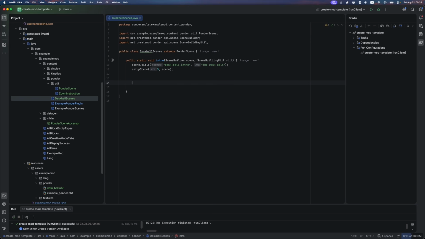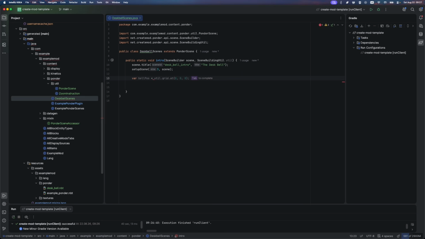So to actually show something inside of your schematic, you will need to create a selection. And the selection is just a selection of blocks or items or whatever, or an area. And if you're on this modding version, I would recommend to just use the var keyword, because then you don't really have to remember what types they are. We can now make the bell position, because now we want to have the